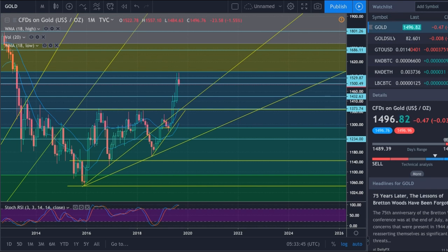This is your weekly precious metals technical analysis where we take a look at the big four: gold, silver, platinum